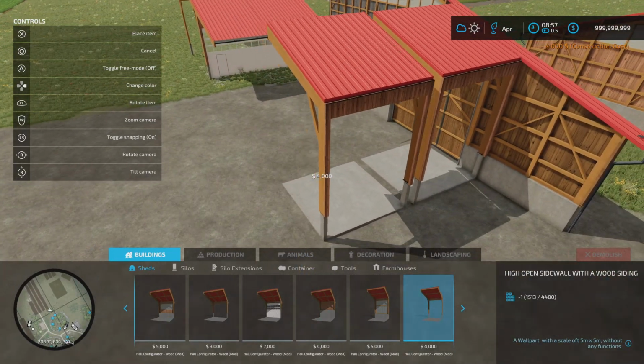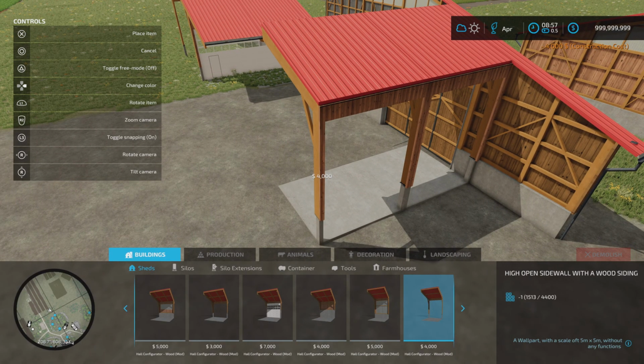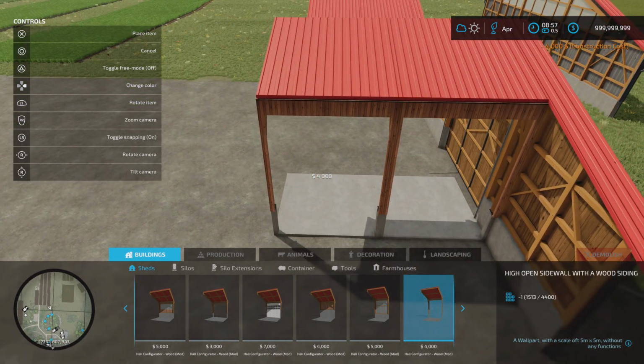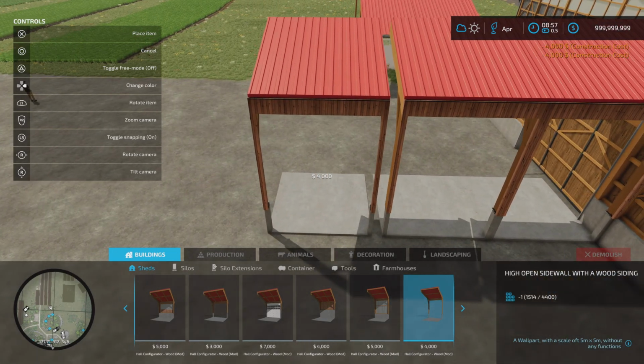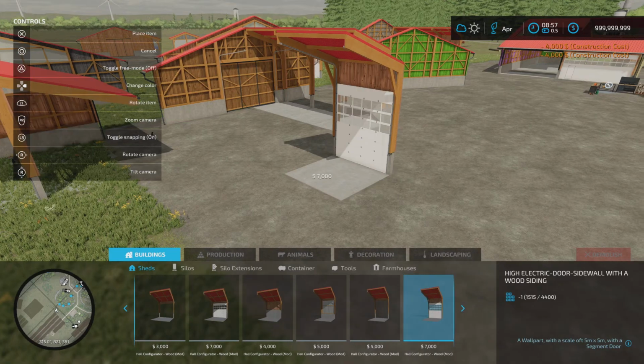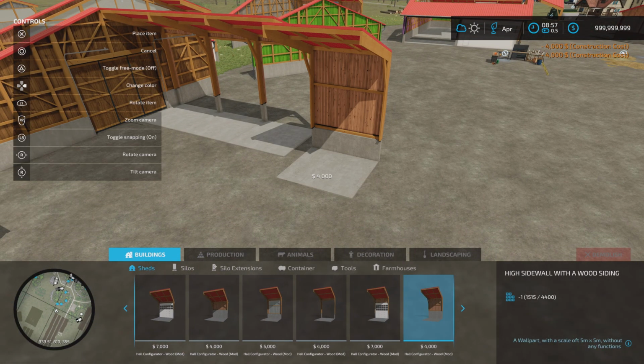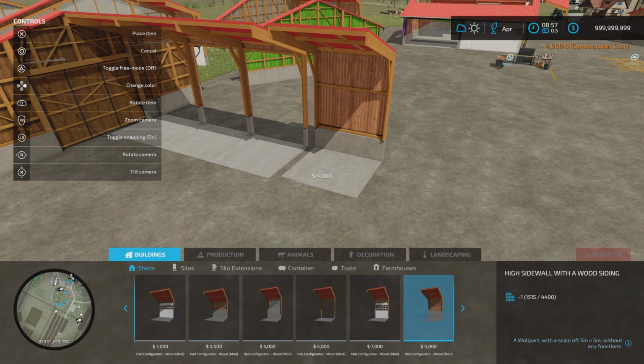Put a whole load of those together. There we go, let's line that up. Is that right? Looks it to me. So if you want it all open-sided, you can. If you then decide you want to actually have a door part way in, obviously not about having a door if it's all open-sided. But if you've gone for solid walling like this one,